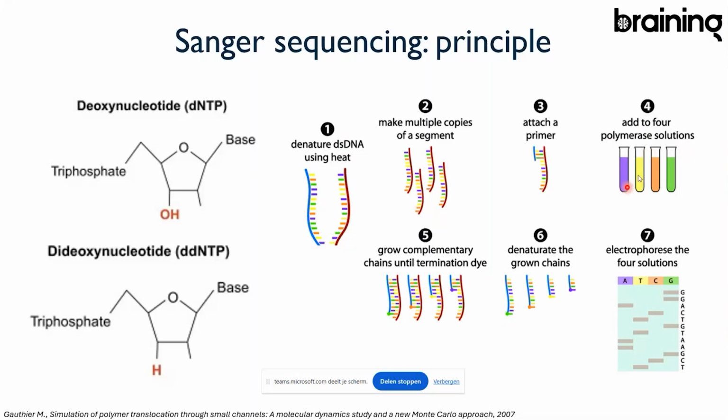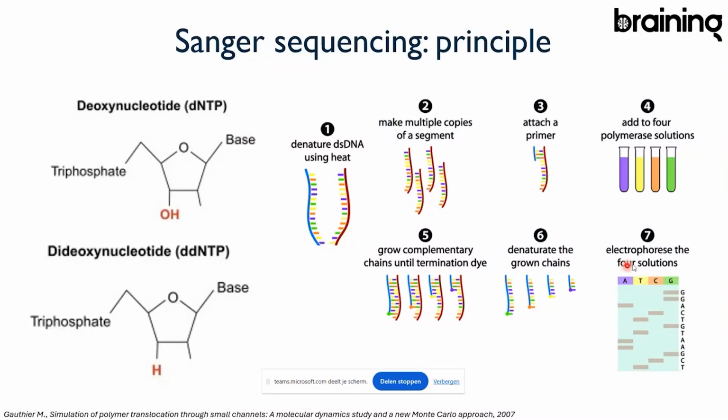So if you use this mixture with deoxynucleotides and dideoxynucleotides, you will get a random incorporation of these dideoxynucleotides and a random termination of your polymerase chain reaction. And so you will have a mix of very different fragments, which you can separate by electrophoresis. And basically then, based on the size that you have, you read out your sequence. In principle, it's very simple, but you can also understand that you can do this for, let's say, one strand of double-stranded DNA, one small segment, right?